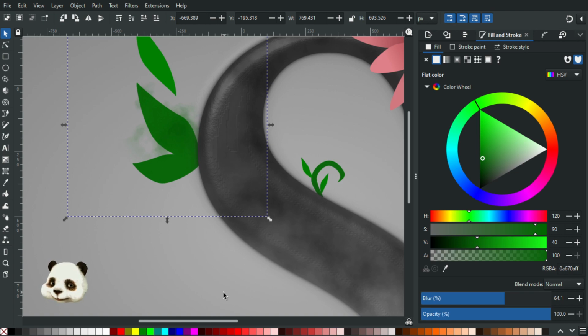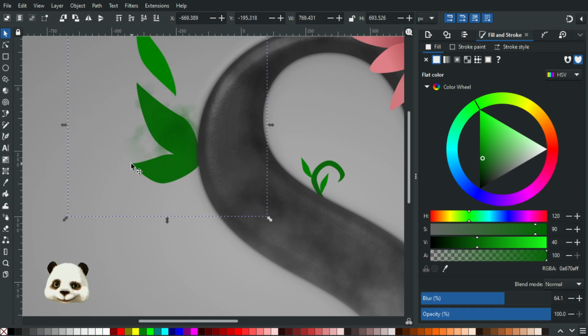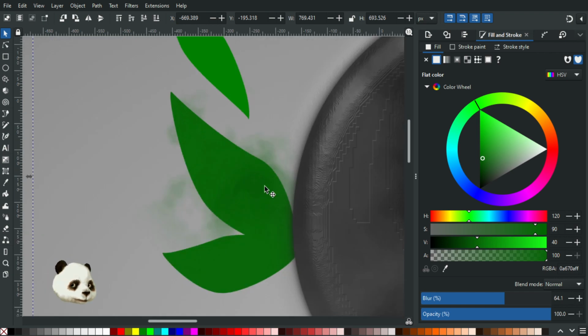Okay. They have a problem. The watercolor spills out. So what should I do about the watercolor? Well, then let's